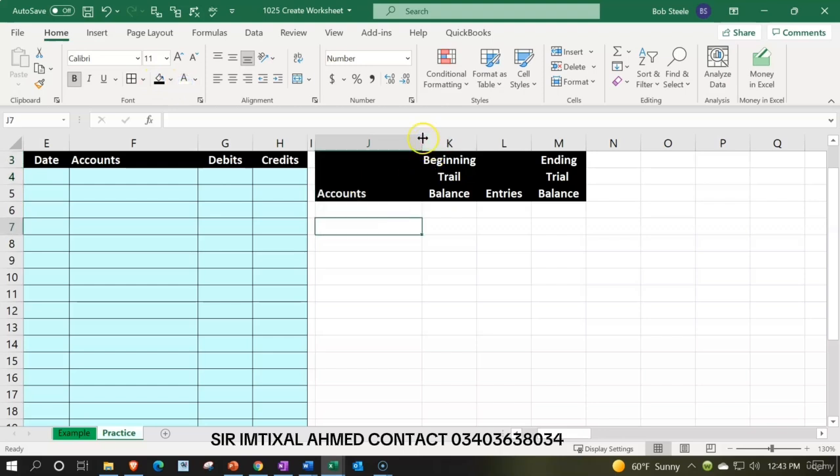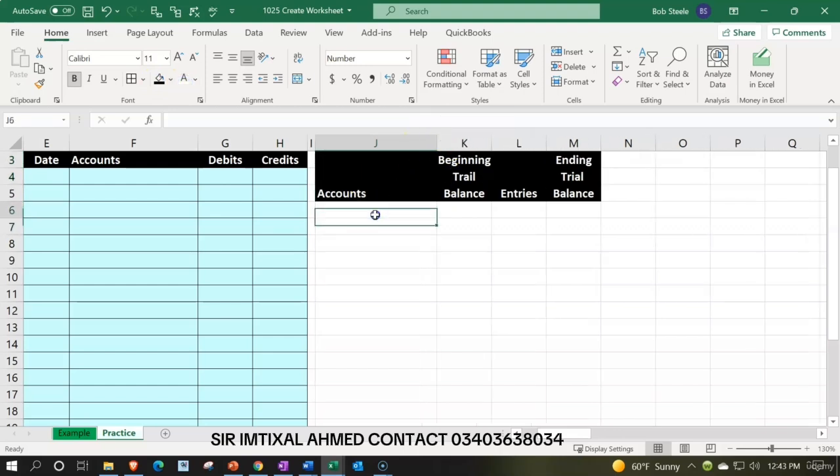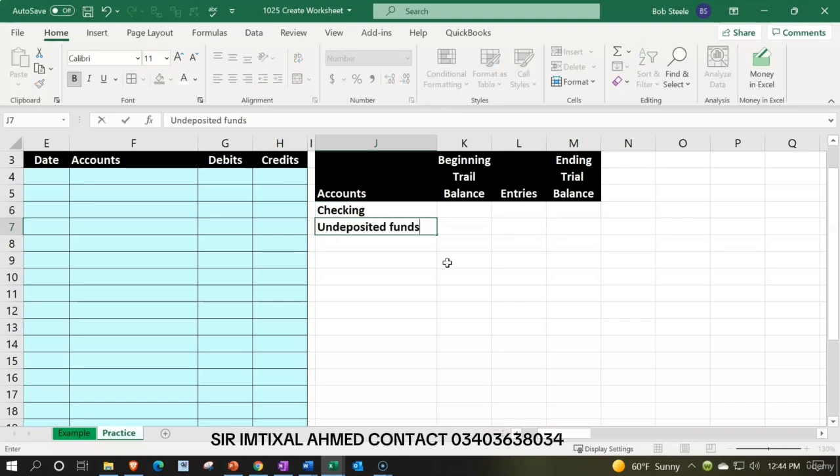Now I'm just going to list out the accounts. These accounts, we're just imagining these accounts. Some of these are going to be the major accounts that we'll be using, and some of them I'll kind of point them out as we go. But the idea is that we want the accounts in assets, liabilities, equity, and then the income statement. So starting this off, we would say, okay, the checking account, which you might put as cash from general accounting standpoints. And then I'm going to add undeposited funds, which is an item you might use when using like QuickBooks